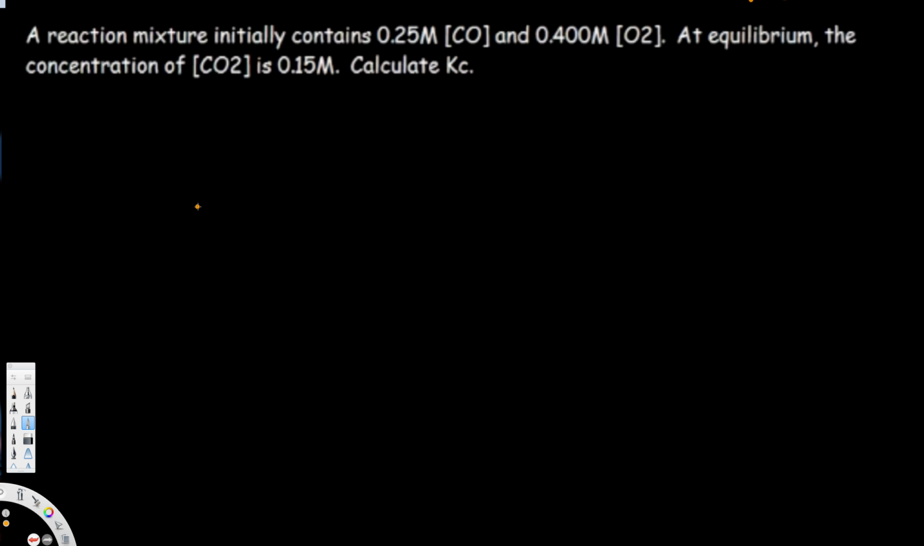Let's do this problem right here. This question is asking: a reaction mixture initially contains 0.25 molar CO and 0.400 molar O2. At equilibrium, the concentration of CO2 is 0.15 molar. Calculate Kc. First, we have to write the balanced equation for this problem, and the equation that is related to